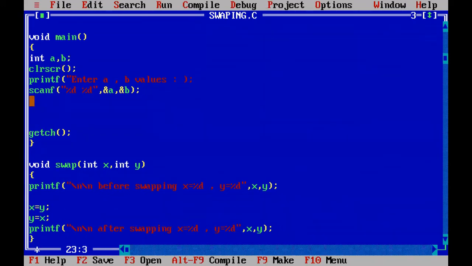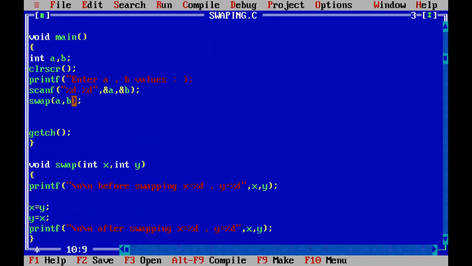So you make the function call here. Which function we have to call? The swap function. So write down swap, parenthesis, and it is taking two arguments x comma y integer values, and already we have read from the keyboard two integer values a comma b. So pass the a value whenever you are calling a swap function from the main function. Pass a value and b value, which is a 10 and which is a 20.